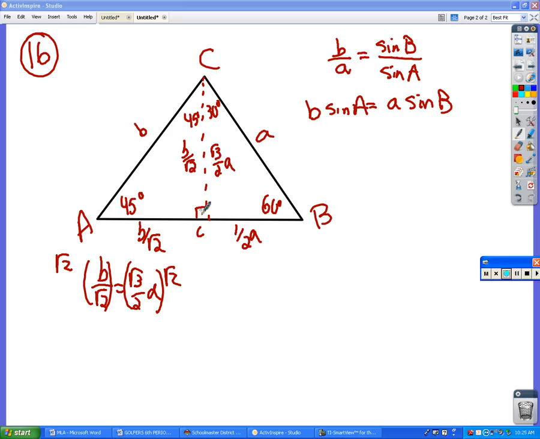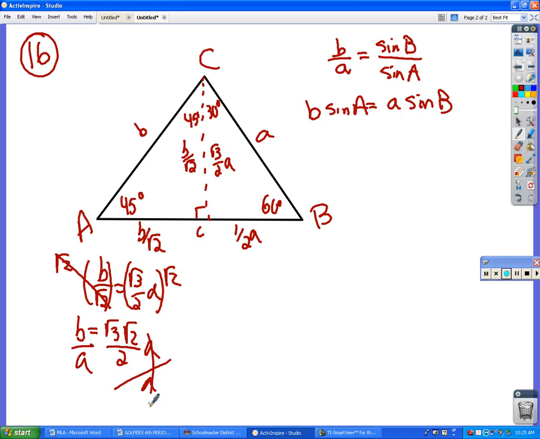And then since these two things are the same line, that means that B over root 2 has to equal root 3 over 2 times A. Okay? So what I'm going to do is try and solve this for B over A so I can substitute that in there. And then I have a function of A and B, and then I can take the derivative. Okay? So Cody said multiply both sides by root 2, so I did. So B equals root 3 times root 2 over 2 times A. And then all I have to do is divide both sides by A, right? And B over A equals